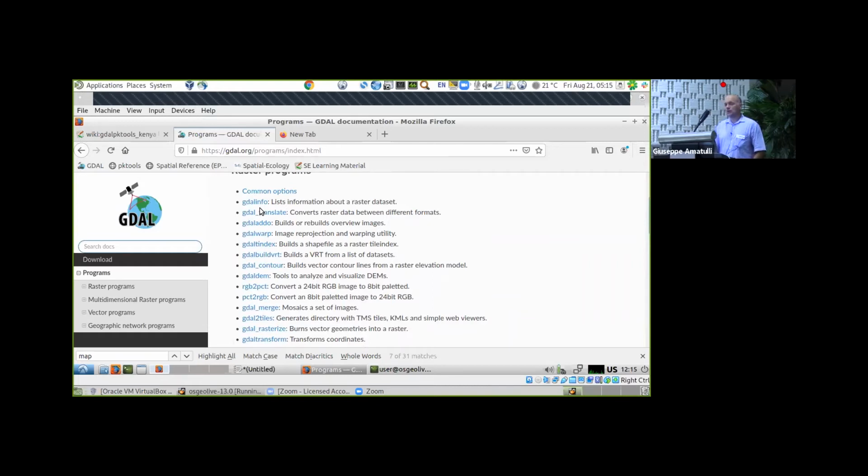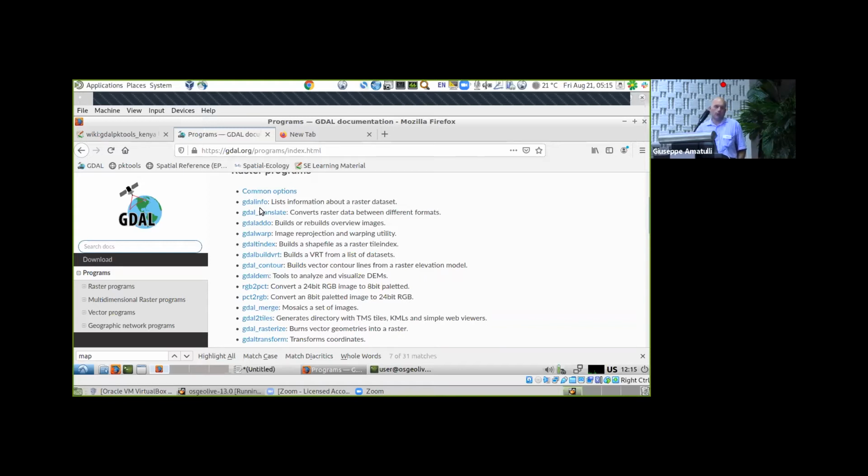Why? Because with the raster you can really do massive data computation, whereas with the vector it's just a final product from the raster. And most of the time, when you have a vector, you just convert it to raster for the massive integration in the data cube. So what you can do with GDAL is all the different pre-processing